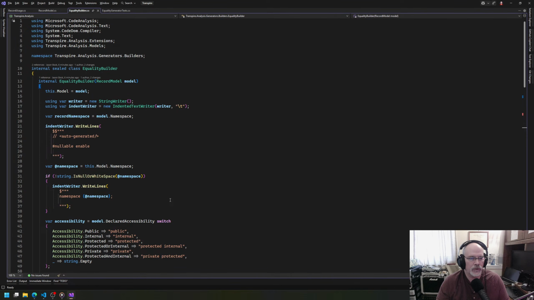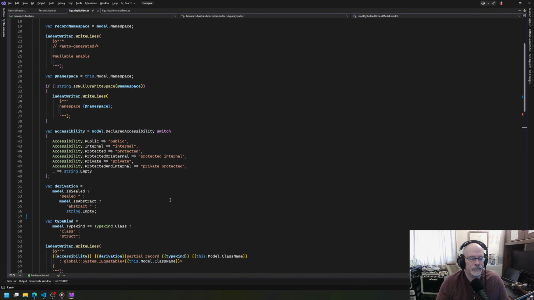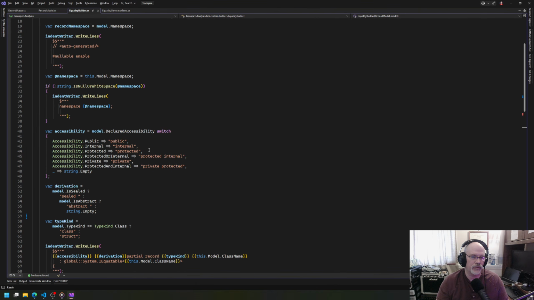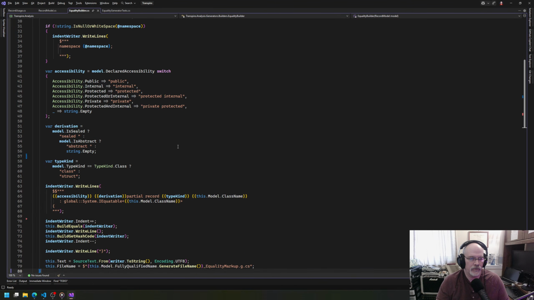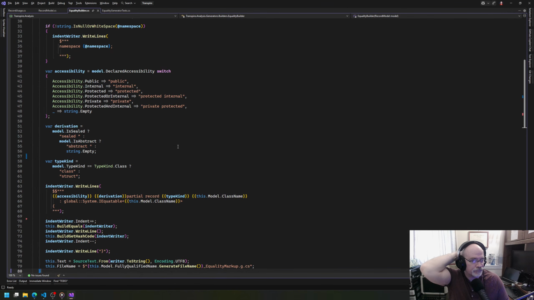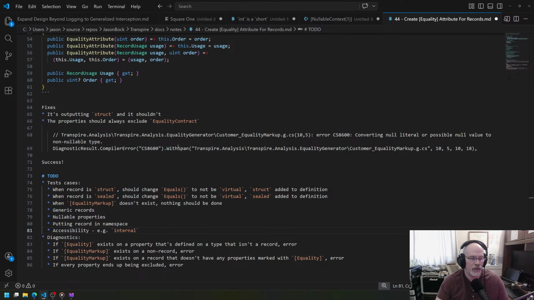Anything else? Accessibility, e.g. public. Really we want it to be internal, but we're just going to run the gambit. But we really want to make sure that if we have a public one that we're putting that in there correctly, or a non-public one. If it's abstract,